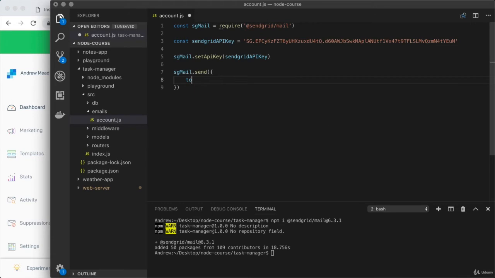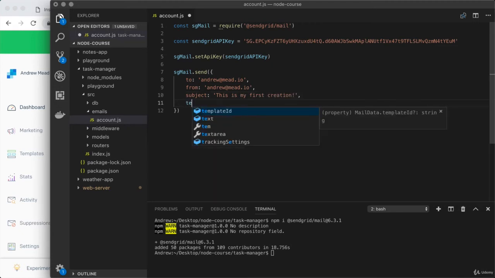So I'll send it to myself, Andrew@mead.io, and I'll send it from that same account. Next up, we have the subject line for the email, and I'll go ahead and say, this is my first creation. And then below that, we have the text for the email. So the text is going to be something along the lines of, let's just say, I hope this one actually